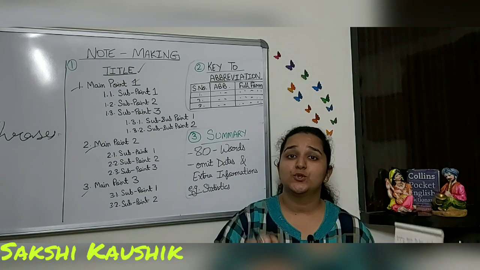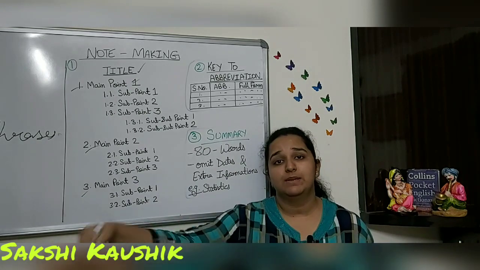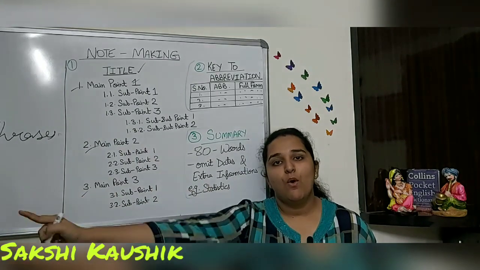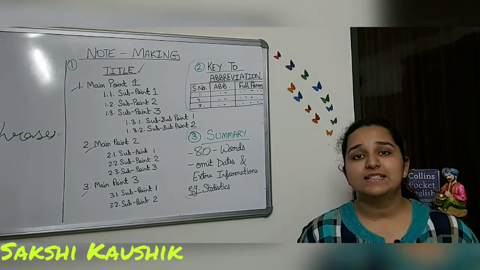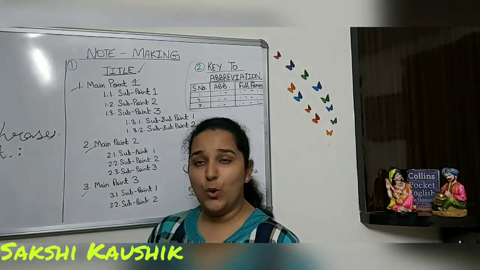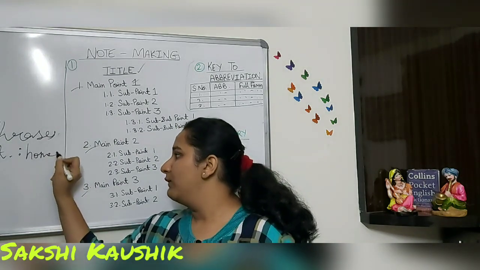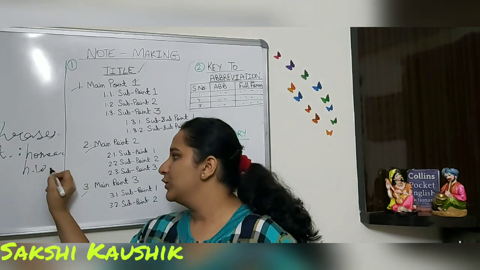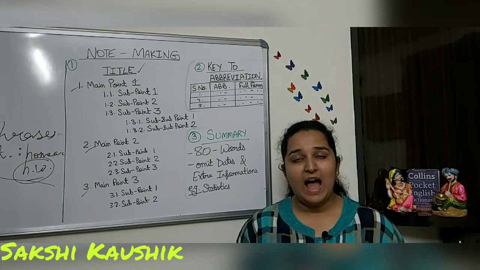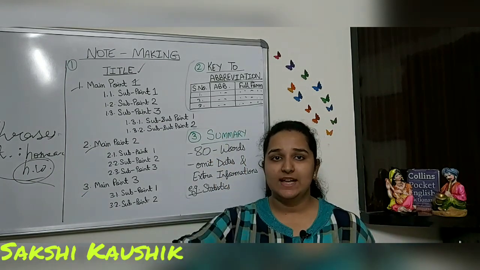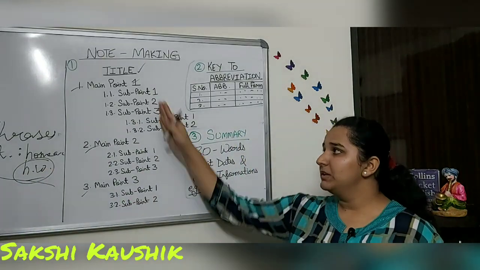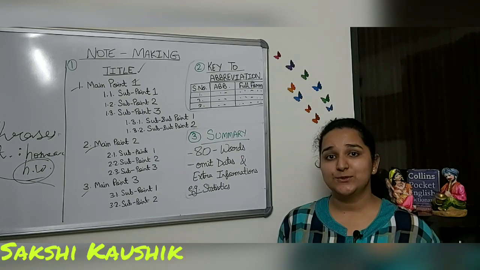Instead of saying the complete thing, Dora goes to her tuition to complete her homework, I'll just write tuition colon homework. So that is what you will understand, that Dora goes to the tuition, you will put the colon and you will write homework. Or even, these are notes, so you can use the short form of homework. So this can be a phrase. I do not have to write the whole sentence. By this only I will understand she is going to tuition to complete her homework. So similarly, here we have to use phrases only.